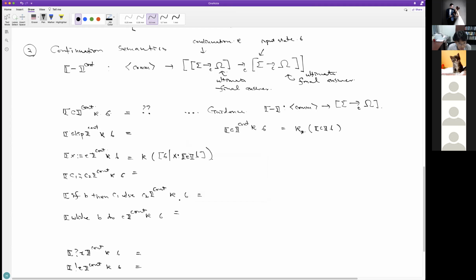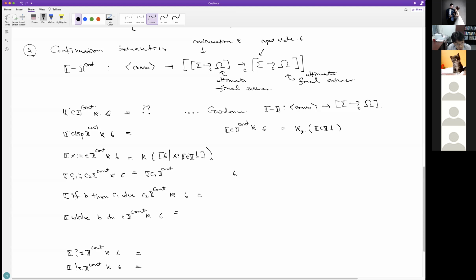And then for if then else, maybe what I do first is sequential composition. For sequential composition, we run the first command C1 under continuation semantics on the state sigma, but we will change the continuation. What does the continuation mean? Continuation means the rest of the computation.